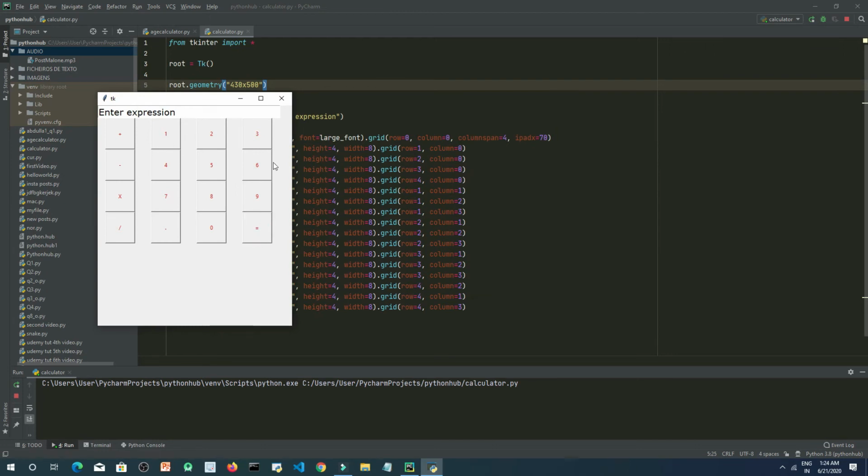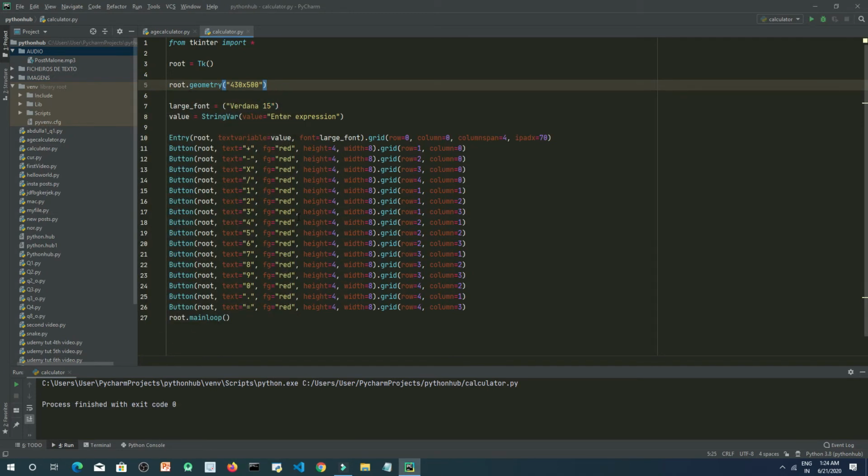But we have actually just put these numbers now, and have not created any function or used any command for them, right? So now let's give some commands to them. We will create some functions now.